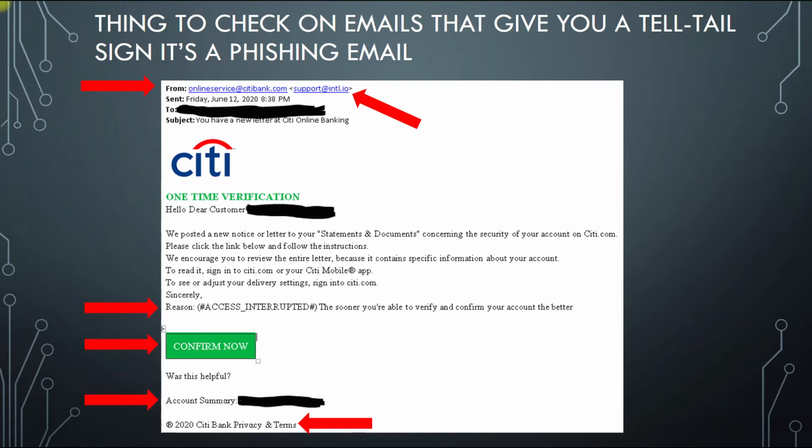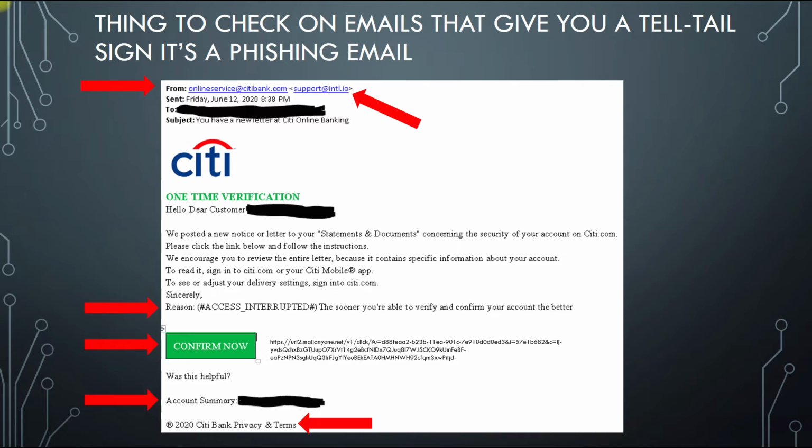Now, if you have a button that's going to take you to a website, what you want to do is put your mouse and hover over the button, and there's a thing called right-click copy link, and then you can paste that link in a notepad document, and you can see that's what I did here. So I right-clicked on that button, copy URL. Do not say open URL. Do copy URL or copy link, it might say, and then paste that in a notepad document